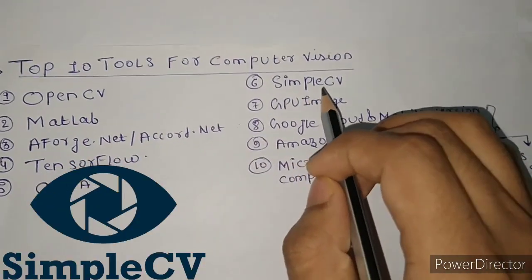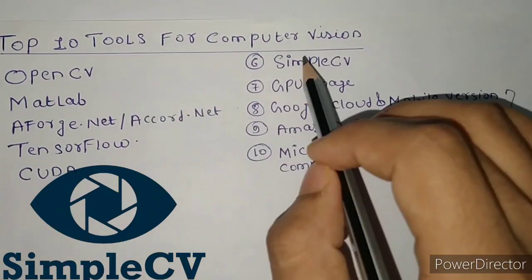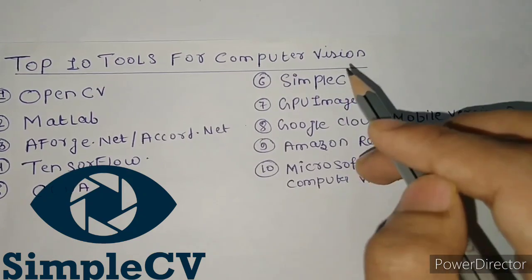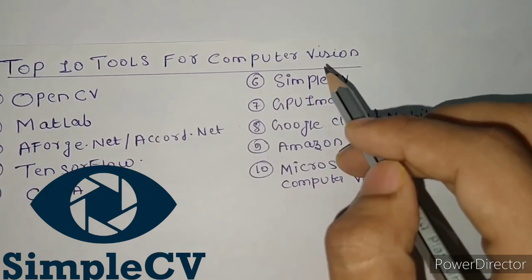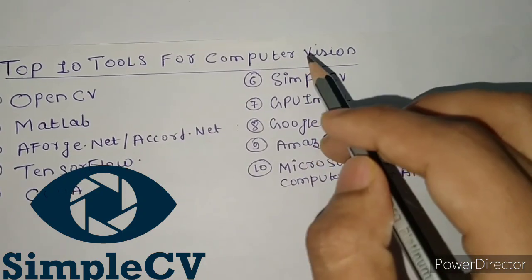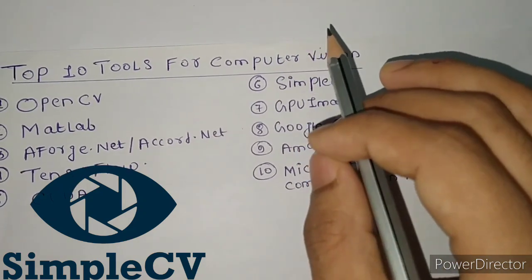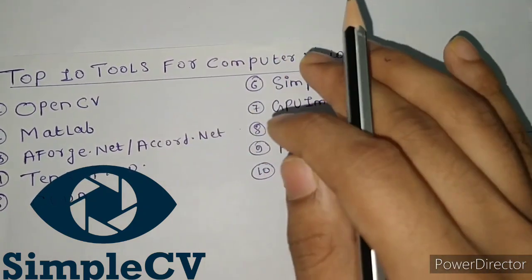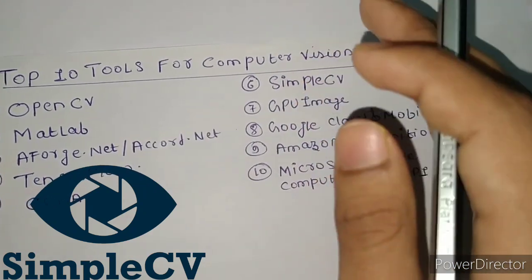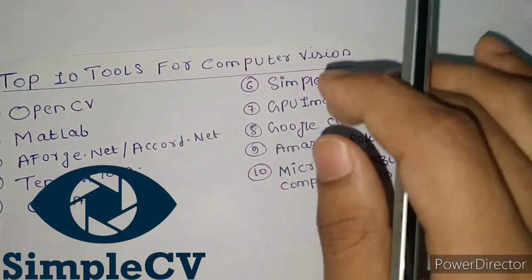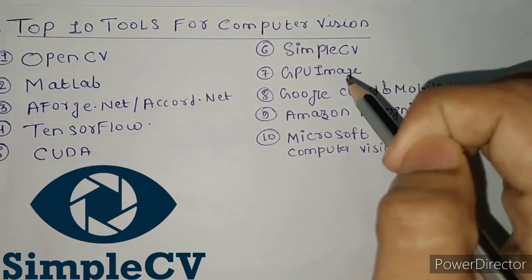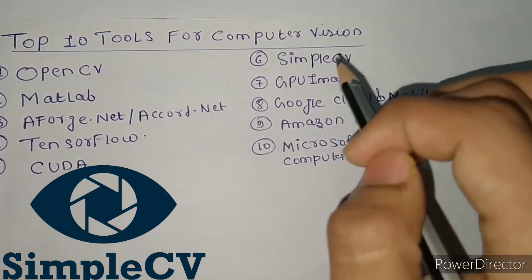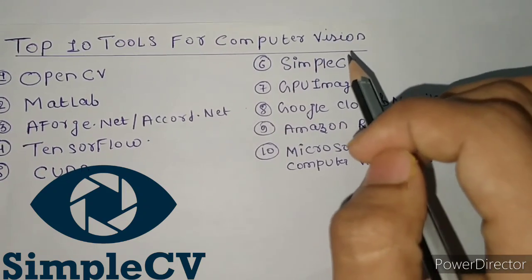So guys, now it's time for the next one, that is SimpleCV. You have heard about OpenCV but may not have heard about SimpleCV. It's a framework for building computer vision applications. It gives you access to a multitude of computer vision tools like OpenCV, and others. It can be your start in computer vision. If you don't want to get into the depth of image processing and just want to know how things go on, it can be the best tool for you. But it has a drawback: if you intend to use it in a heavy production environment, you can't expect it to perform at the level of OpenCV.